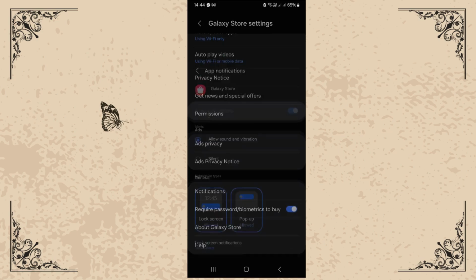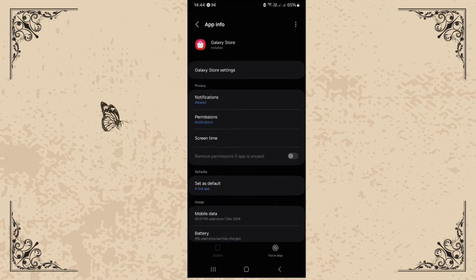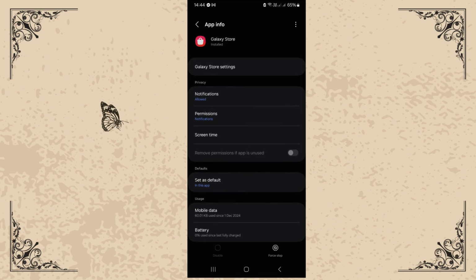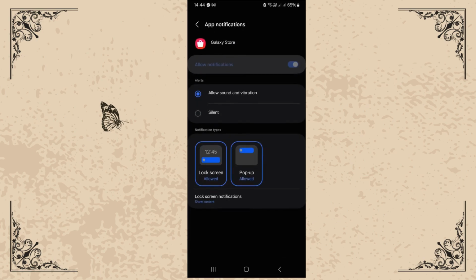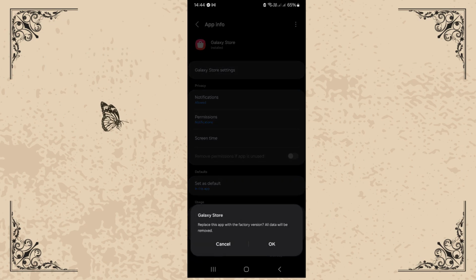notifications. Tap on it. Then tap on Galaxy Store. Now you cannot disallow notifications from here, so what you have to do, go to Galaxy Store. Then you will see a three dot icon. Then just tap on uninstall updates and then tap on OK, and it will be